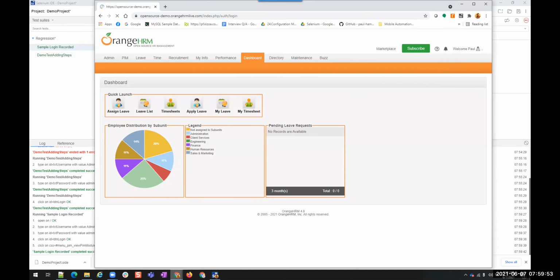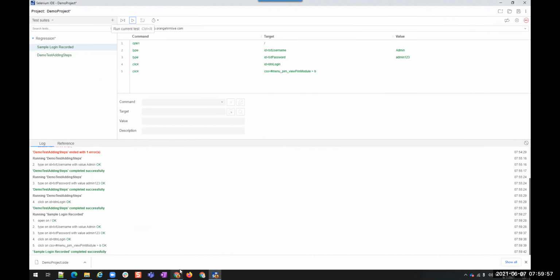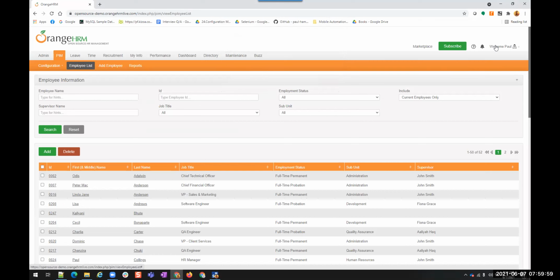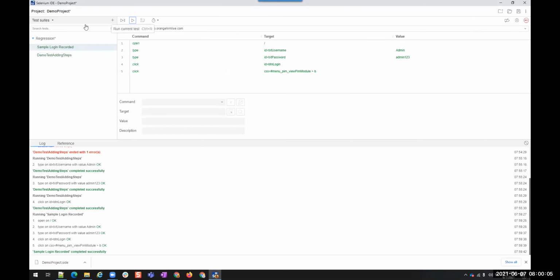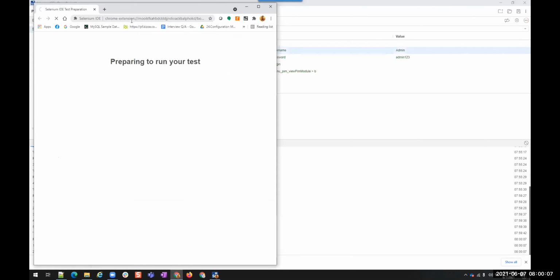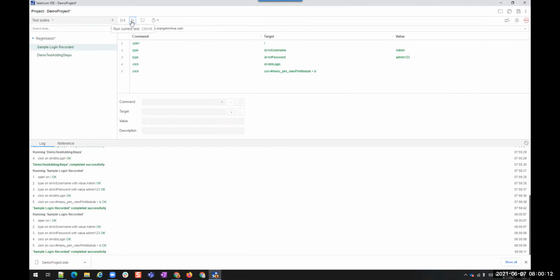Let me close this. So it opened twice, but we didn't see it because we have multiple things. Now let me run this again. You see, it will do 2 times. Logged in, closed. I pressed the wrong button.